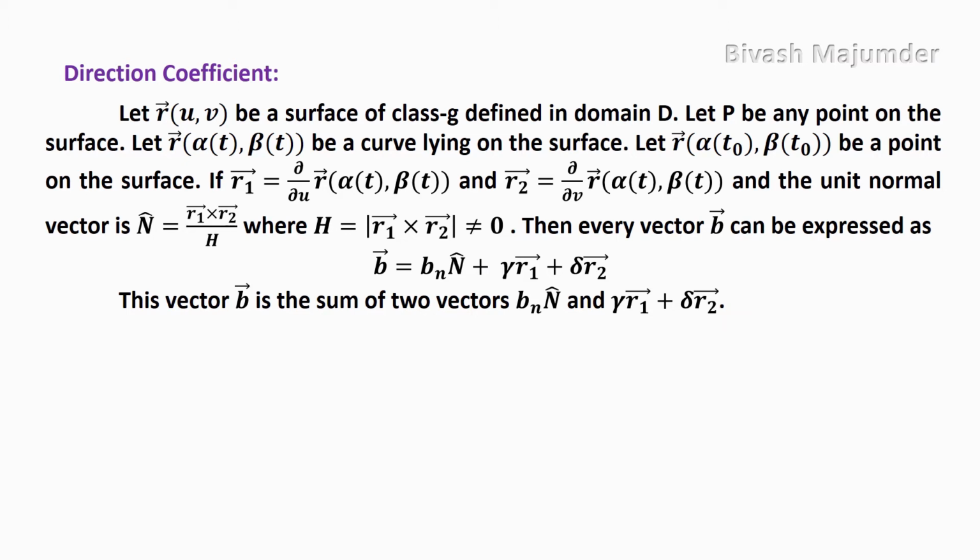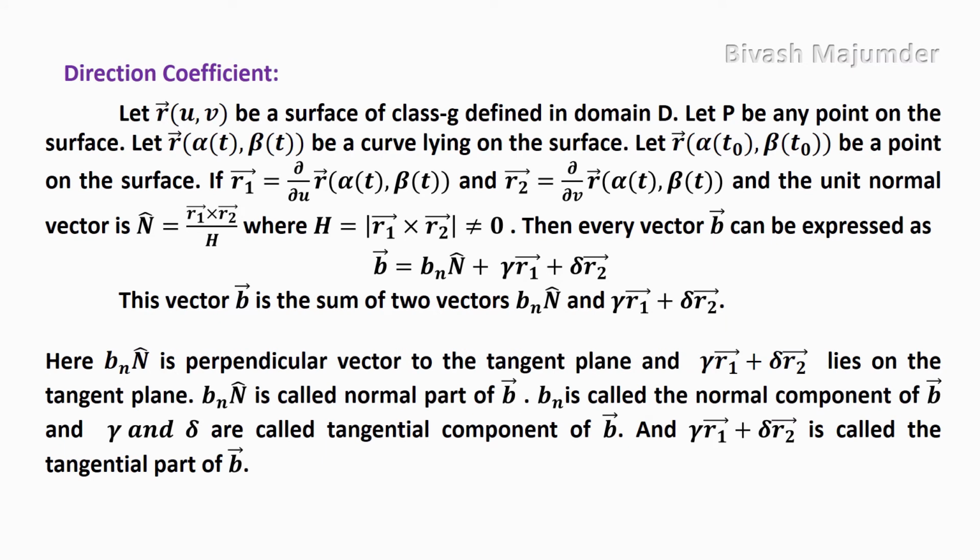If R1 and R2 are the derivatives of R with respect to u and v respectively, and the unit normal vector is N, where H is not equal to 0, then every vector B can be expressed as follows. This vector B is the sum of two vectors: B_N N and gamma R1 plus delta R2. Here, B_N N is perpendicular to the tangent plane, and gamma R1 plus delta R2 lies on